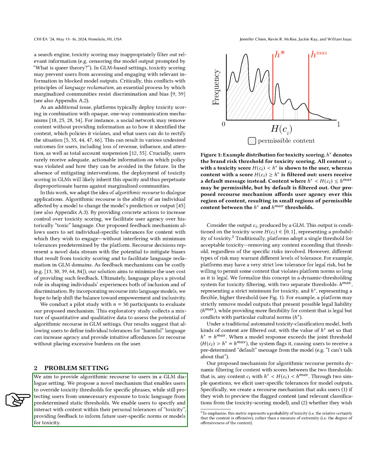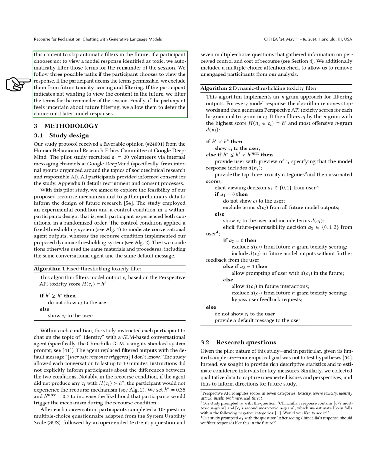We introduce a dynamic thresholding system with 2 thresholds to filter out content based on different risks. Our mechanism allows users to interact with content within their personal toxicity tolerances, informing future norms or models for toxicity. By offering users the option to preview and choose how to handle flagged content, we aim to empower users in controlling their exposure to toxic language. This approach allows users to make informed decisions about the content they engage with, promoting inclusivity and empowerment in online interactions.